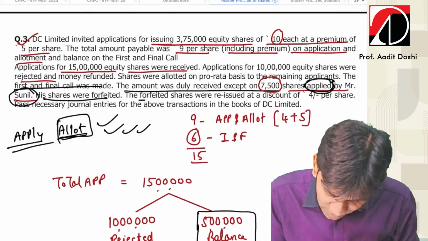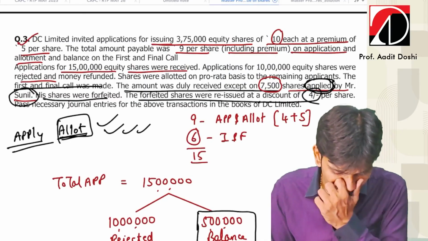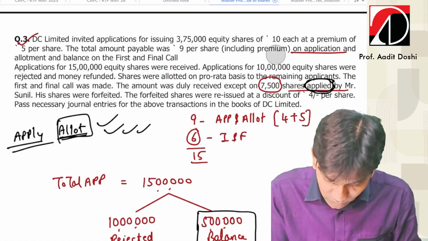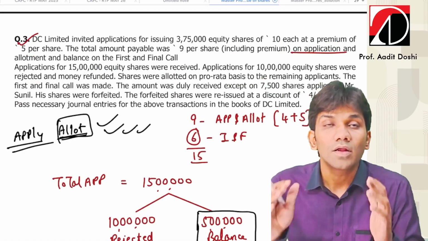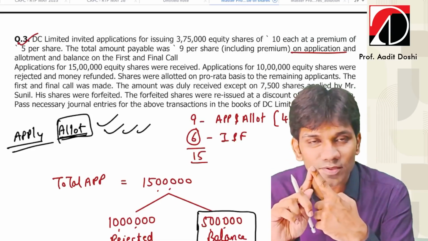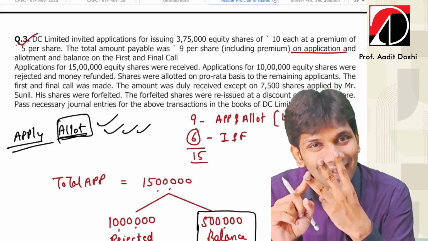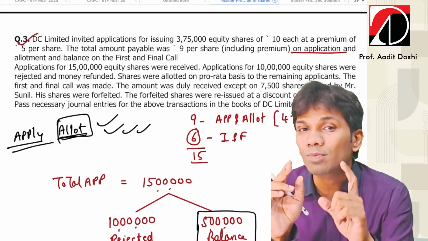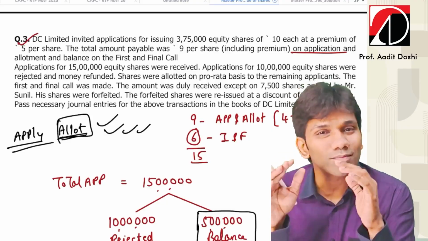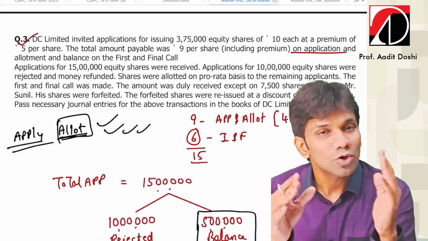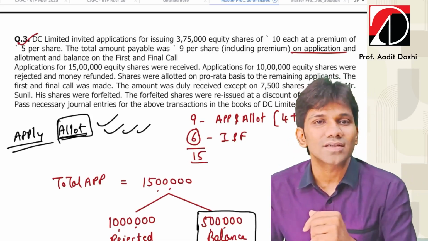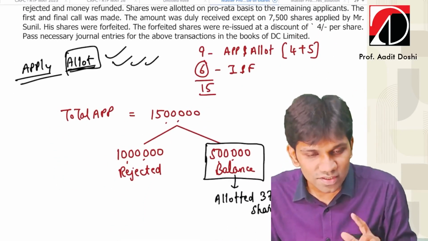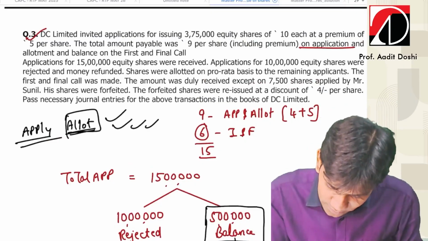And his shares were forfeited. The forfeited shares were issued at a discount of 4%. Pass necessary entries. So basically, guys, my main point is this question I've tried to cover to clear oversubscription, forfeiture and reissue. And in forfeiture and reissue, the word apply allot plays a very important role. Here in this problem, Mr. Sunil applied for 7,500. So obviously he must have got lesser number of shares. तो वहां पे कॉल्स इन अरियर्स की वर्किंग नोट में बहुत मजा आने वाली है. दिस इज द सिनेरियो. लेट्स गो टू द बेसिक एंट्रीज फर्स्ट.